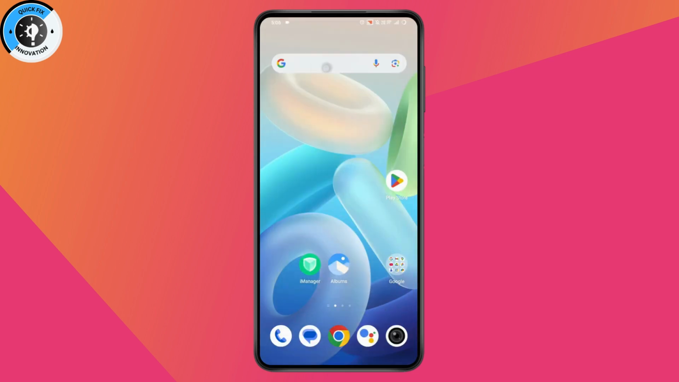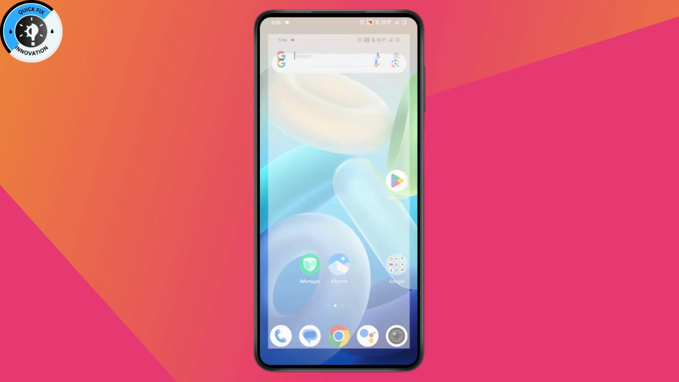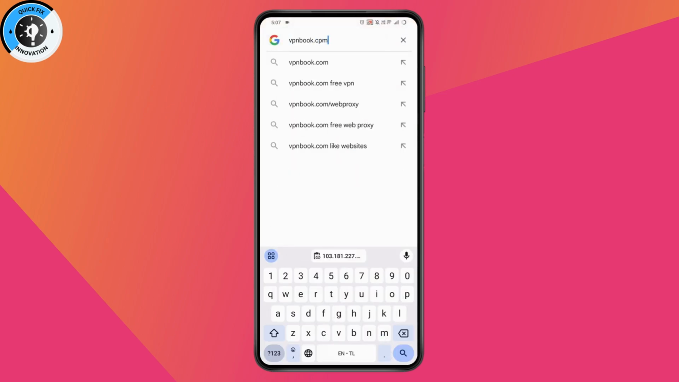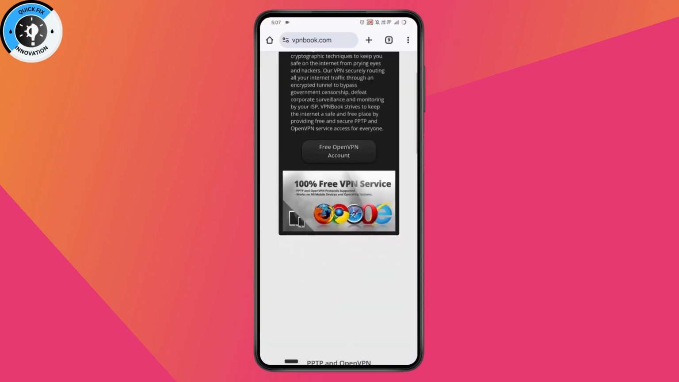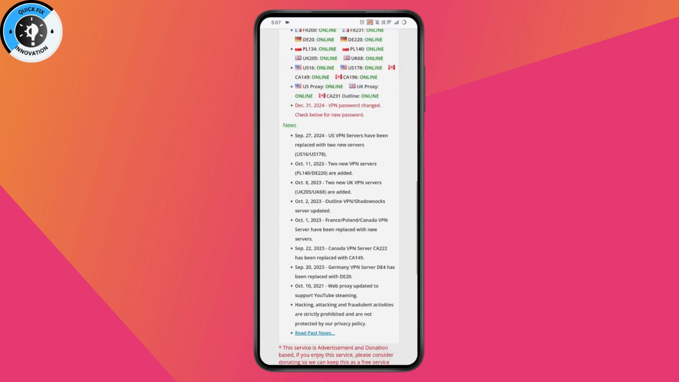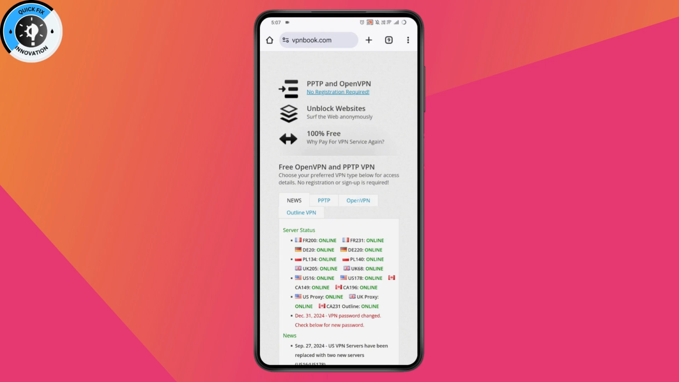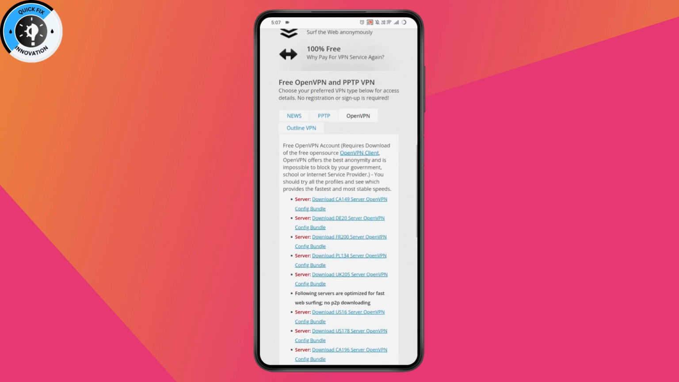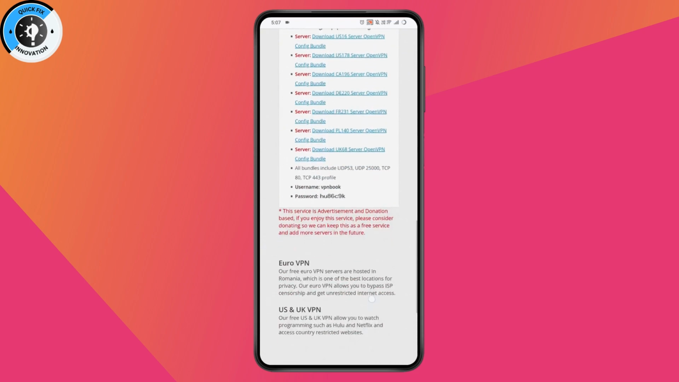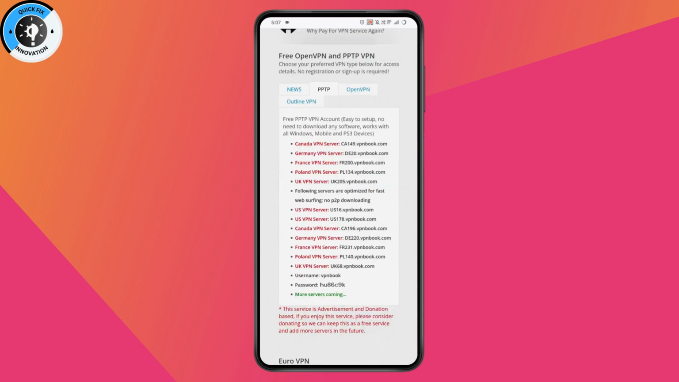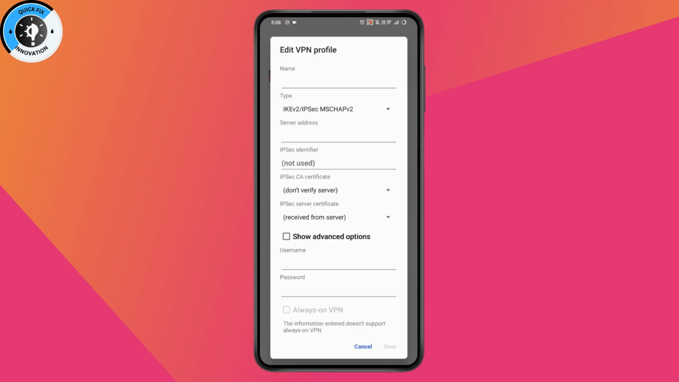Now you need to go back to your browser or your Google and search for VPNBook.com, and here you just need simply scroll down and you will find VPN server address. So simply go with open VPN, and here you will have server address. Just go with pptp, and for example, if I'm choosing Canada VPN server, you need to just copy the server which is right here, and you can go with your type, and under your type you need to select